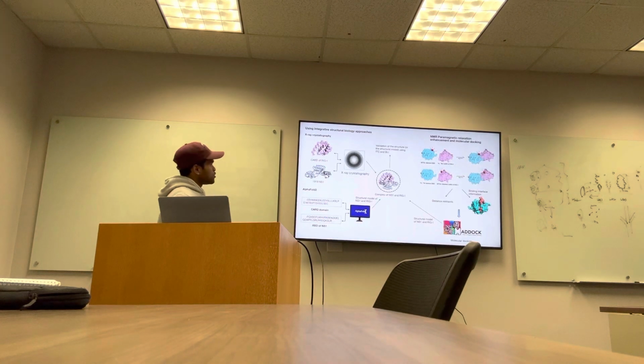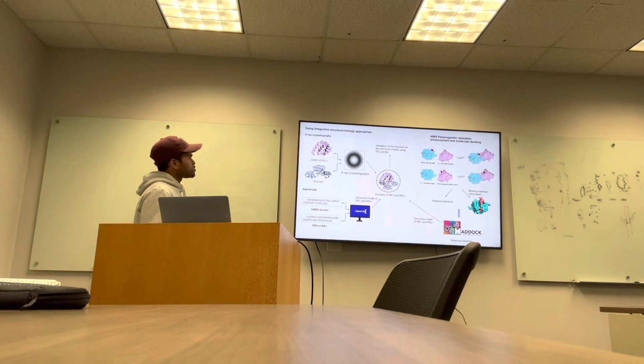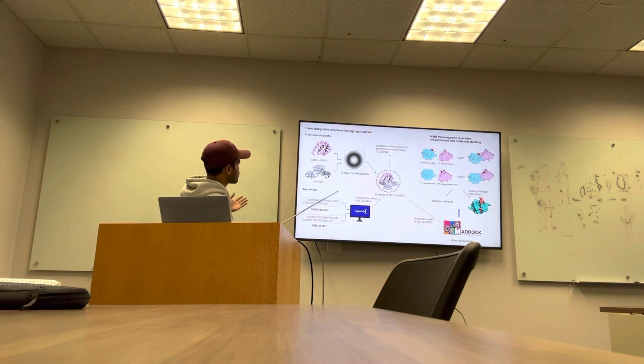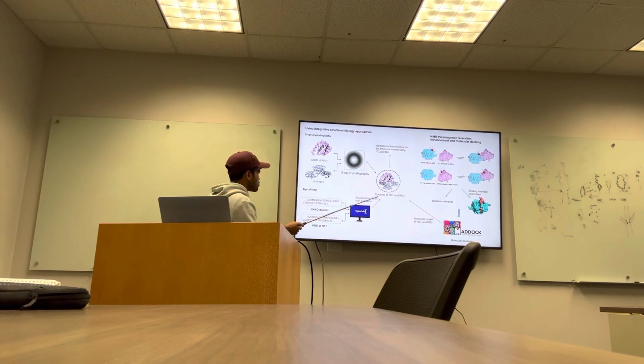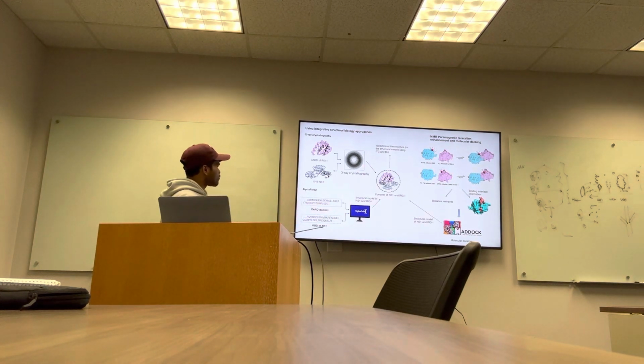Okay. As an integrative structural biology approach, we will also combine many other methods, for example, X-ray crystallography. Let's say from binding studies we observe that the full-length NS1 interacts with the CARD domain of RIGA. We can use X-ray crystallography to determine the structure of the complex. This will also be further aided by AlphaFold 2, where we'll take individual domains and try to predict a structural model of the complex.